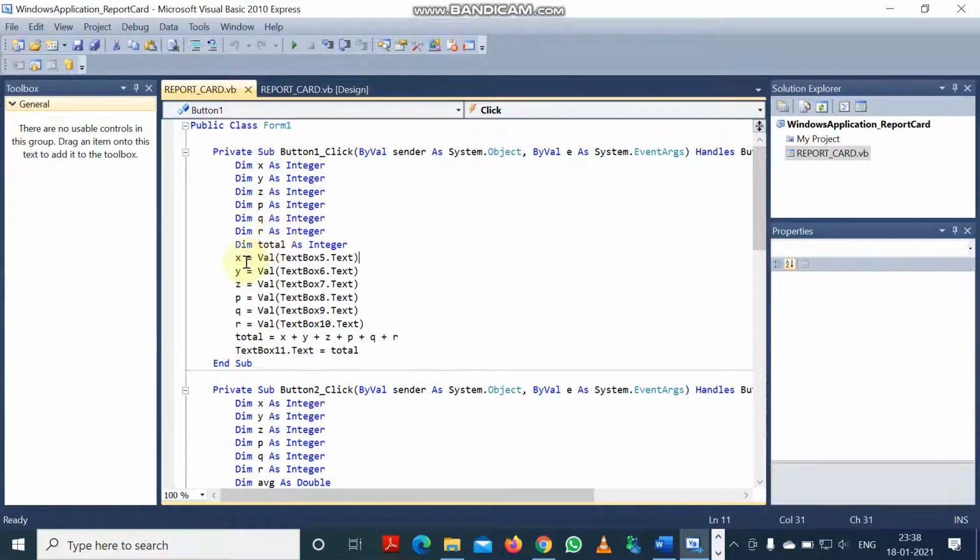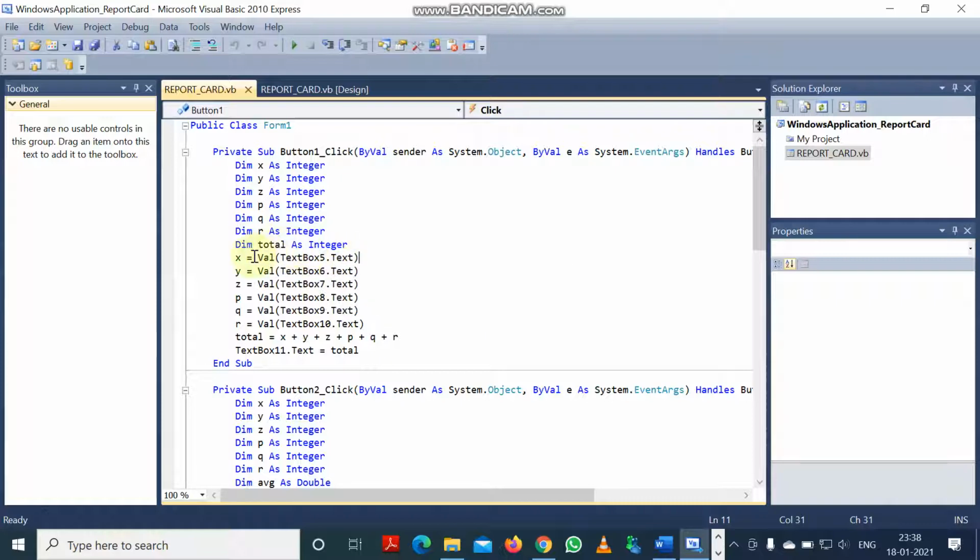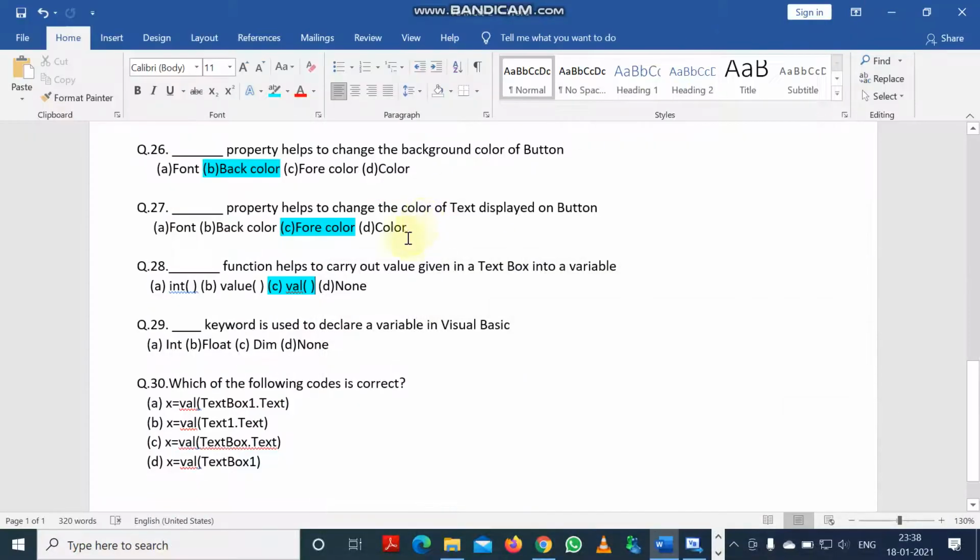Now you can see properly that x equal to val text box 1 dot text. So val is a function by which I can extract the value given in the text box, and it can be stored in x.